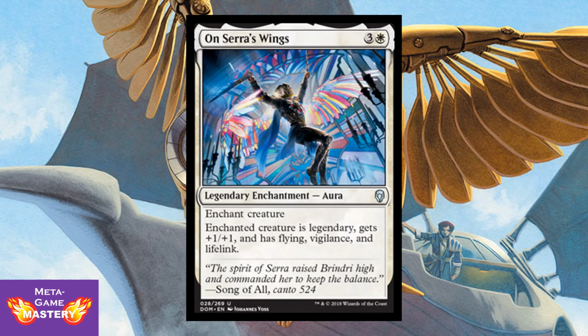On Saras Wings is 4 CMC, 3 colorless and a white for a legendary enchant aura. Enchanted creature is legendary, gets +1/+1, has flying, vigilance, and lifelink. So